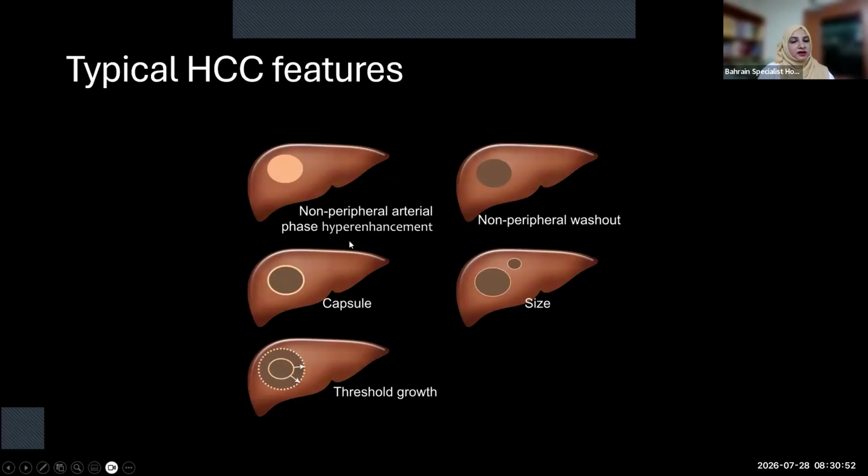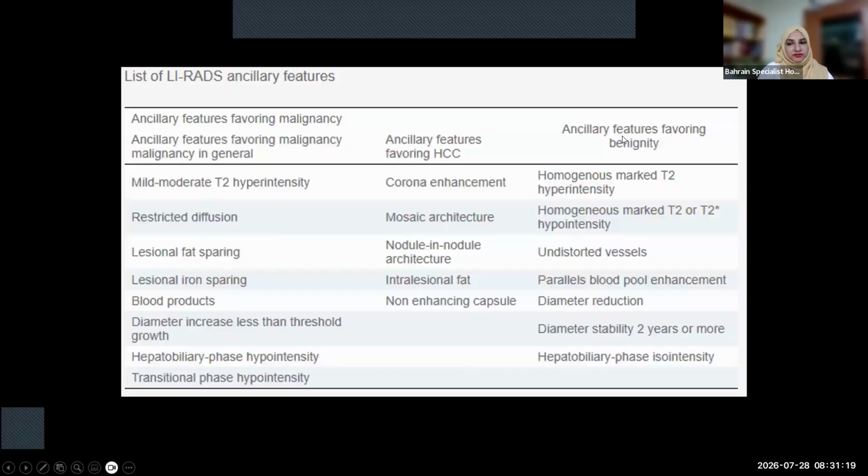The typical hepatocellular carcinoma features are non-peripheral arterial phase hyperenhancement, non-peripheral washout, presence of a capsule, size more than a certain size criteria, and threshold growth. These are 5 major criteria, which, if present in combination or alone, raise the suspicion of hepatocellular carcinoma in a patient with chronic liver disease or hepatitis B. Then there are ancillary features which may upgrade or downgrade the lesion from the LIRADS category